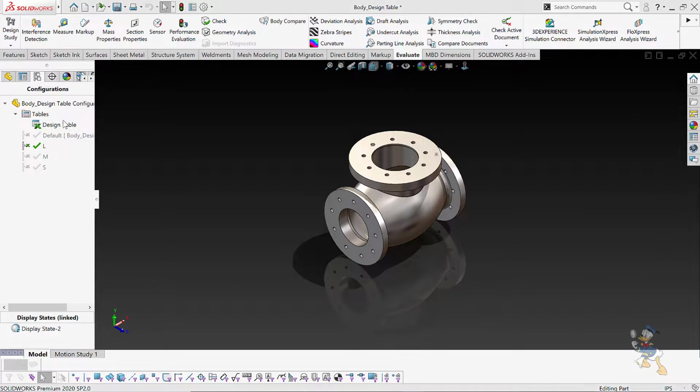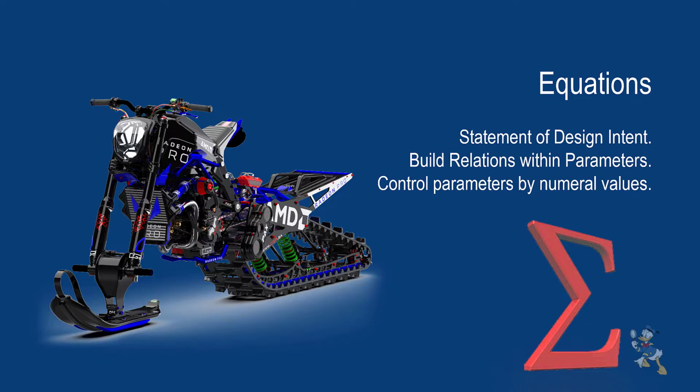So let's move further. Equations. What are equations? Equations are also a flexible command provided by SolidWorks. It is the command which provides the statement of design intent. Like, what is design intent? We need the origin. We need the main source of the model. We need to find the important one of the model by which we can control the model itself. So equations will provide us that kind of scenario, so that we can generate a source which is able to control the model.